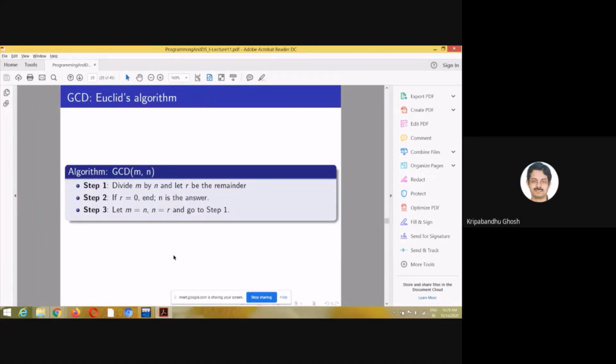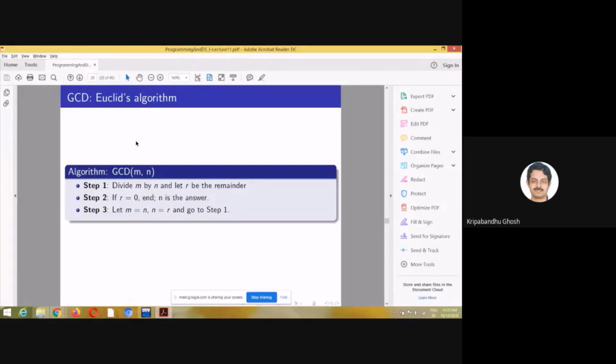Another problem which is popularly solved using recursion, and also without using recursion, but it is a good problem to be discussed while we are covering this. That is the Euclid's algorithm for calculating GCD. What is GCD? GCD is the greatest common divisor. There can be several other names of GCD, like I think it is equivalent to HCF also. So it is basically the largest integer.